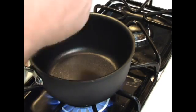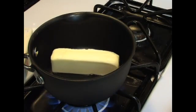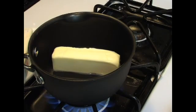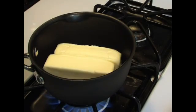And all clarified butter is actually, let me back up for a second. Most people think that the butter you get with crab or lobster is melted butter, which it is. They think it's just simply melted butter, which it's not. It's actually called clarified butter, and that's what happens when you melt butter over a very, very, very low flame and let it simmer for a